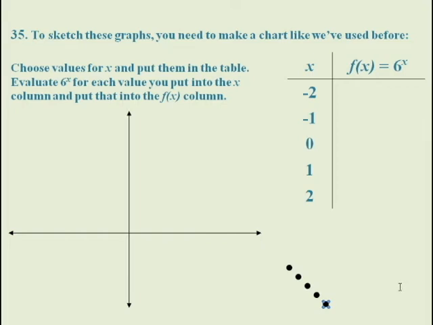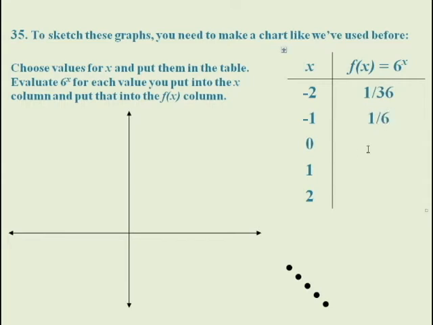Okay, problem 35 is sketching an exponential function, which we've already done before, but we'll go through this again. So just like I made a chart in school on x, I chose some values of x, and then our function f of x, which is your y value, is 6 to the x. So I have negative 2 put in for x here, so that's 6 to the minus 2, which is 1/36. So 1 over 36 is our value here, and if I put negative 1 in here, it jumps up to 1/6,